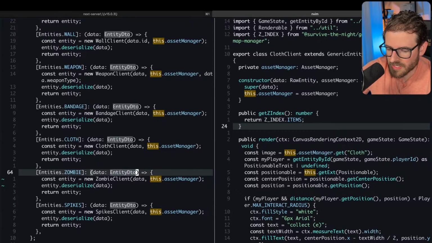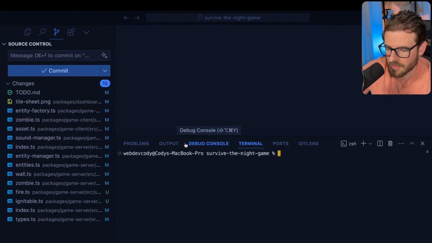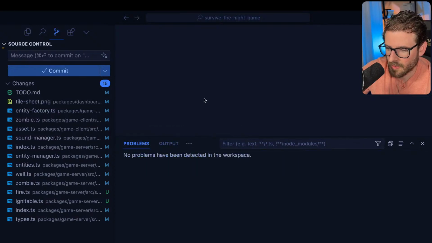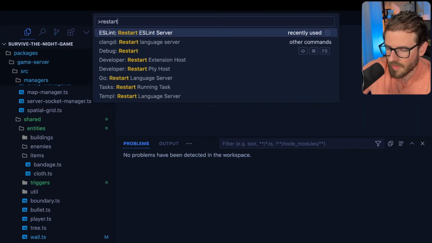I could probably find all the TypeScript errors. If I load up a terminal, could I just highlight all the TypeScript errors? Again, that's already there in VS Code. All my TypeScript errors, I can go to problems, I believe. I think it's lying to me. How is there no problems?